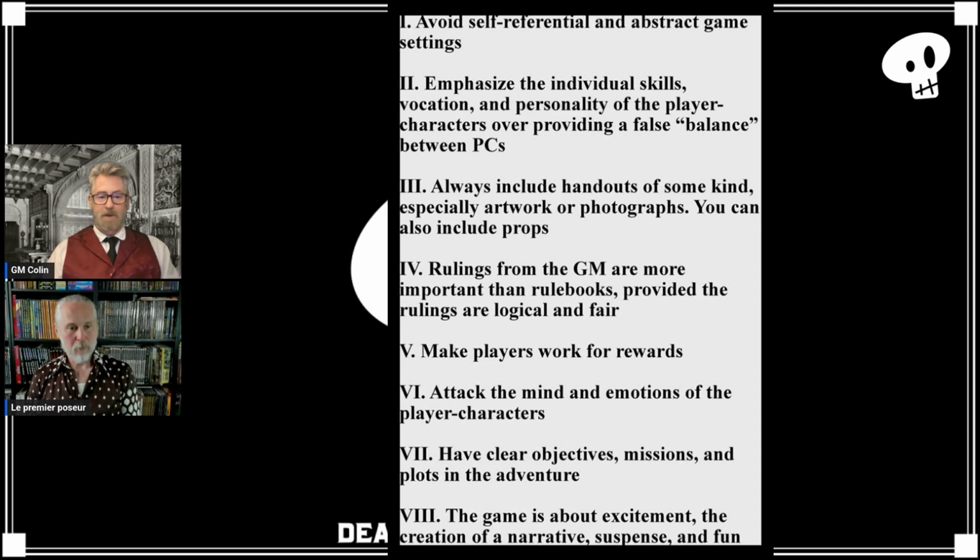And let's see, number 5 here, make players work for rewards, especially in your home game. No Monty Hall, no handing out stuff, just giving them crazy treasure. It just takes away the excitement, right? Finding a +1 sword should be a really big deal. Yeah. Finding that artifact tome filled with spells in a Call of Cthulhu game under some cathedral. That's awesome, and it should be rare and difficult to do. It just makes it so much more fun. It doesn't have to be something so overpowered.